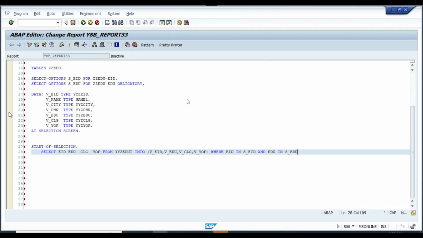Whatever inputs I have, EID and EDU, both inputs I have, so I'm filtering by both. In operator, and